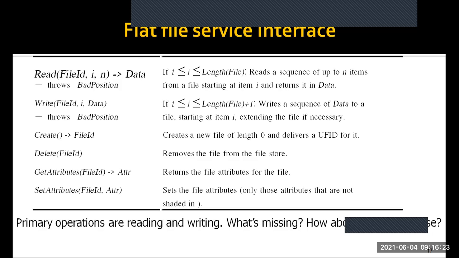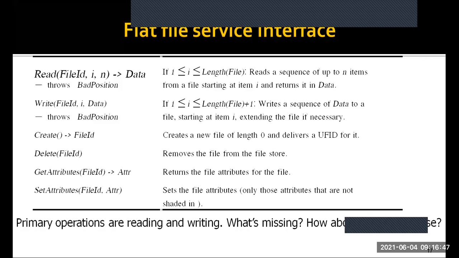అండ్ యూజింగ్ ద గెట్ attributes you can get the attributes of that particular file which are being stored into the keyword called as attr. And you can also set the attributes, okay, which are not been there. You can also set it using the set attributes using the file ID and adding it with a particular attribute. So these are all the operations that we could perform on the flat file service, that is directly on the files using its unique file ID.